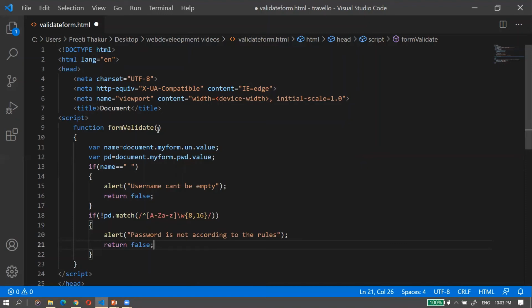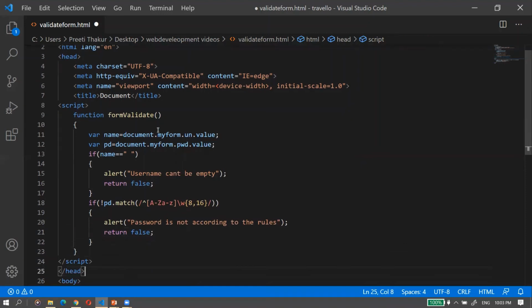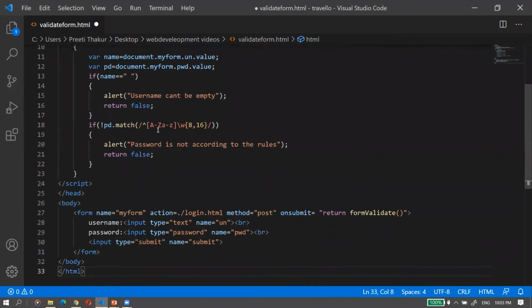If the user has given the username blank, then it is not going to move further to navigate to the page, or if the password is not according to the rule which we have given, right? So now let us execute this. Let us check whether it is perfectly working or not.